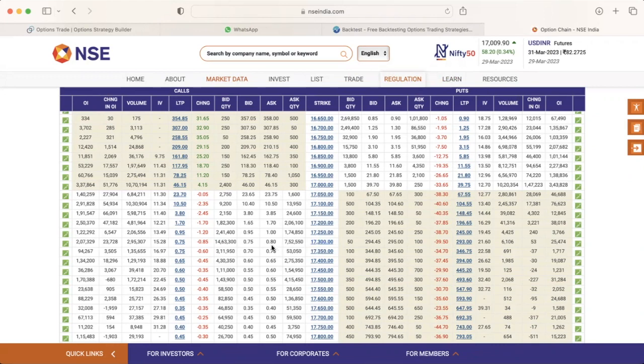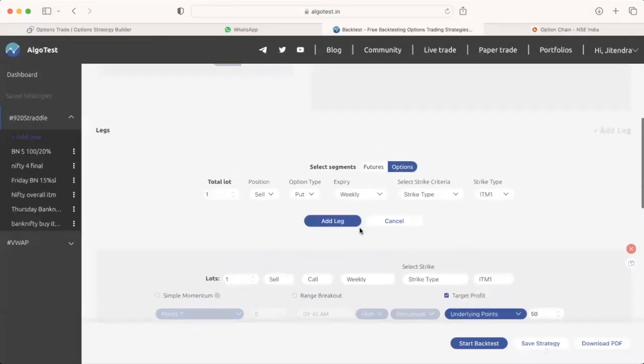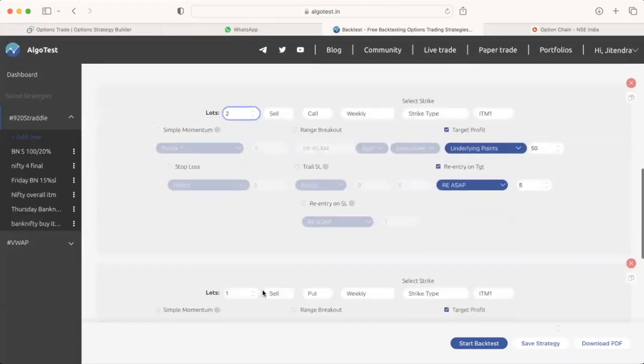So if we have 17,300, it is for 80 paisa, and 17,250 is for 1 rupee, 17,200. So we can have this as a hedge, 200 points as a hedge. So from 950, it will be from strike price, it will be OTM 4. So we will first increase the quantity to 2,